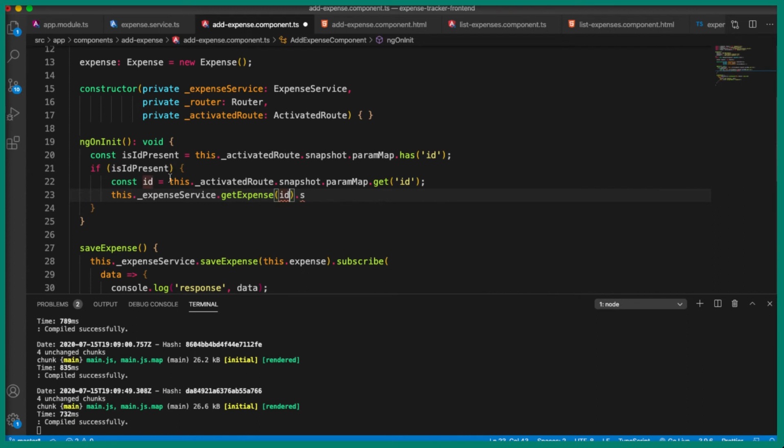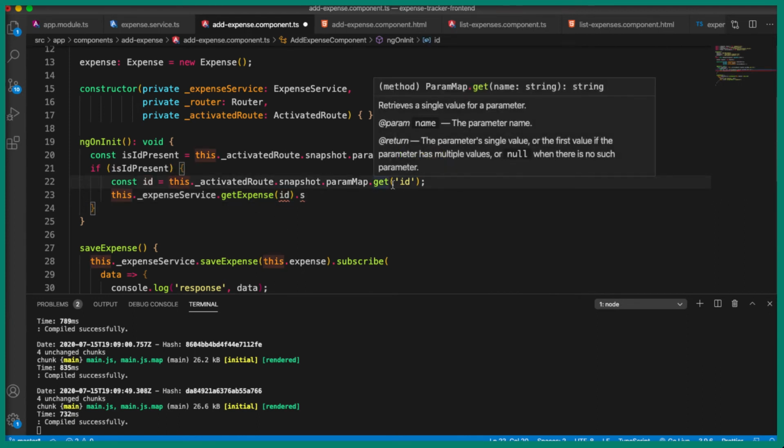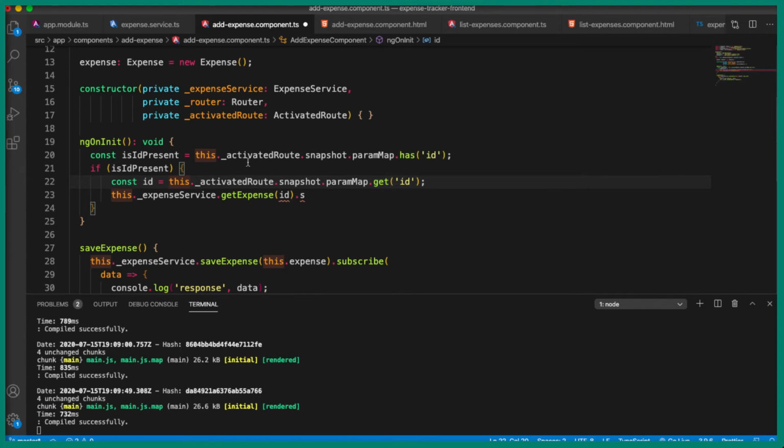We need to convert this into a number, because whenever we are getting a value from the route parameter, this is going to return a string. We need to convert it into a number. So for that we are going to make use of this plus operator in TypeScript. This plus indicates that it is going to convert this string into a number. So now you can see we will be passing this ID to this get expense method.